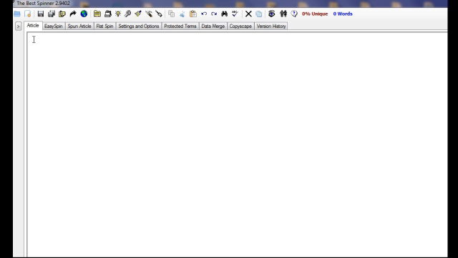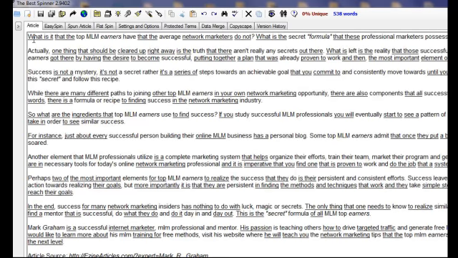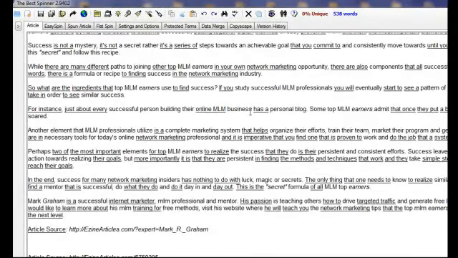You're going to come here and you go after the article that we just looked at. We copied the article, and then what we're going to do is paste the article into the article spinner. And here's this nice article that was written by this gentleman here. The article source is listed here.